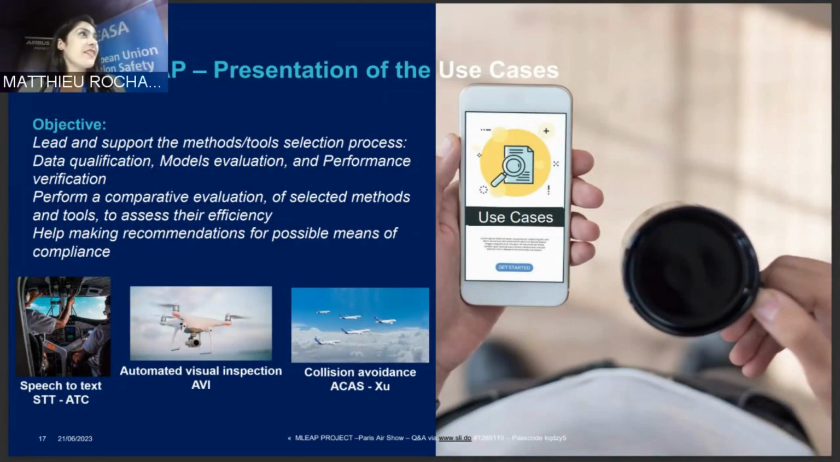As for the evaluation and the experimentation part of this project, we have selected 3 main use cases from the aeronautics domain, where the objective is to lead and support the method selection and also the process of verification of our recommendations about methods to be used for every task, and then perform a comparative evaluation and